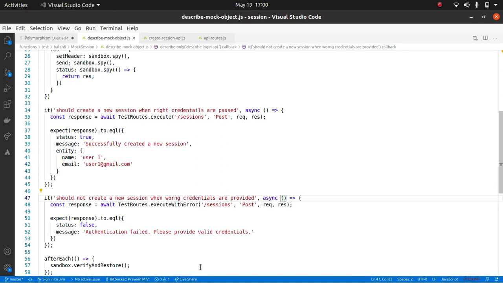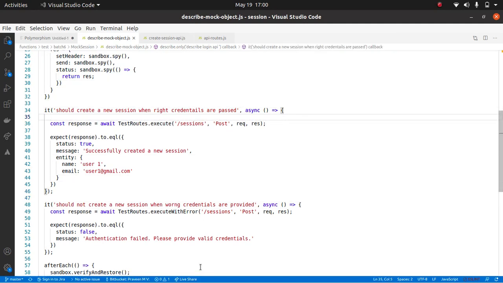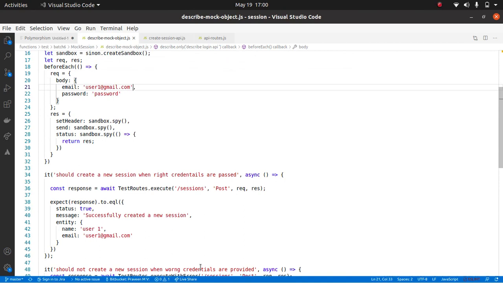Okay. So how do I fix this? Now we basically need to mock the thing. So where should I get the data from? I should get the data from the database, correct? So this user, he's passed some credentials, whatever the credentials are. Now I need to check from the database whether a user with this credential exists or not, and if the password is correct or not, right?